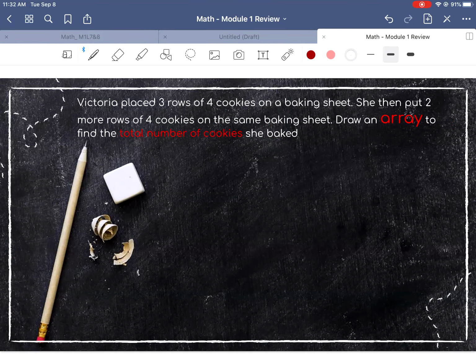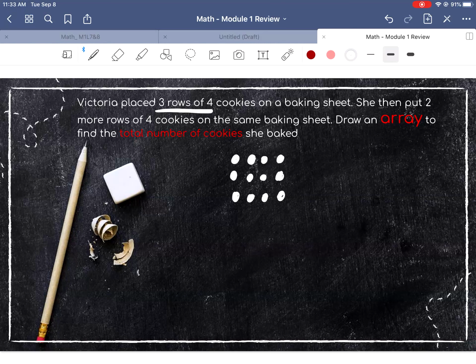Victoria placed 3 rows of 4 cookies on a baking sheet. She then put 2 more rows of 4 cookies on the same baking sheet. Draw an array to find the total number of cookies she baked. Here I have highlighted that you need to draw an array. So let's begin with the first instruction. She placed 3 rows of 4 cookies